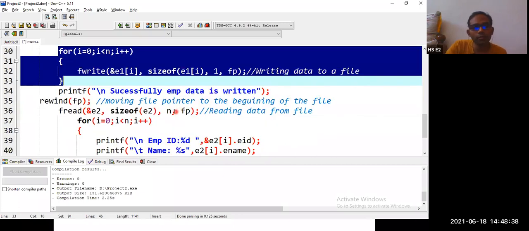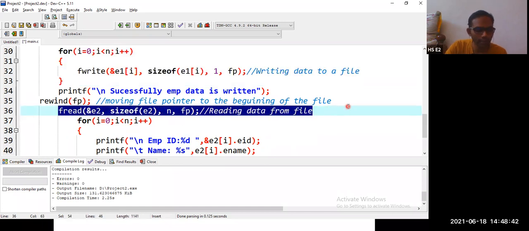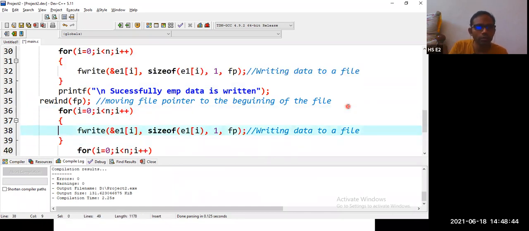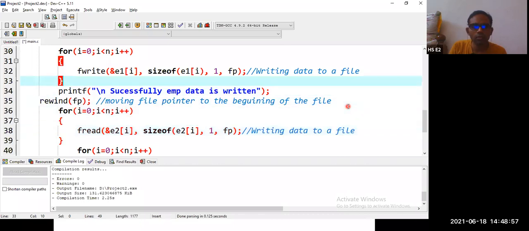Similarly, we want to perform the read operation. So instead of a single fread, paste it here: fread E2, size of E2 of i. Here also size of E1 of i was missing.